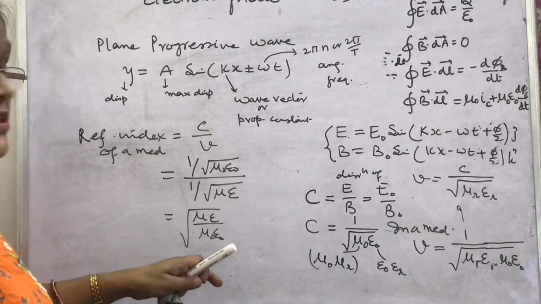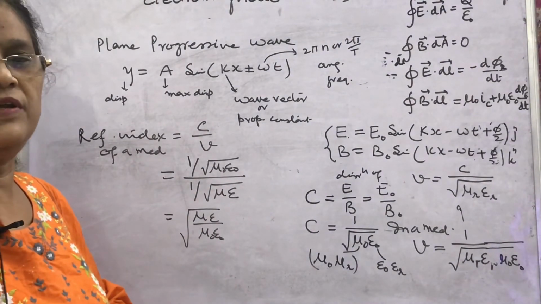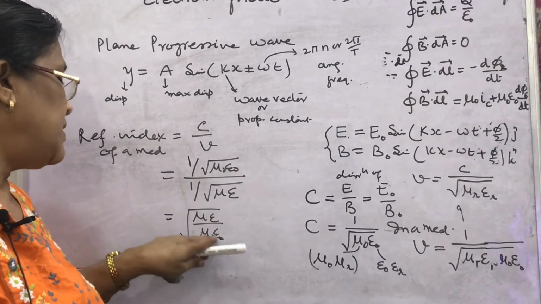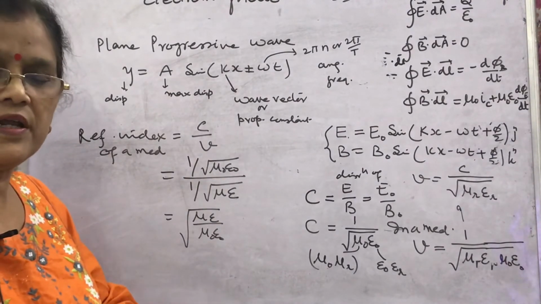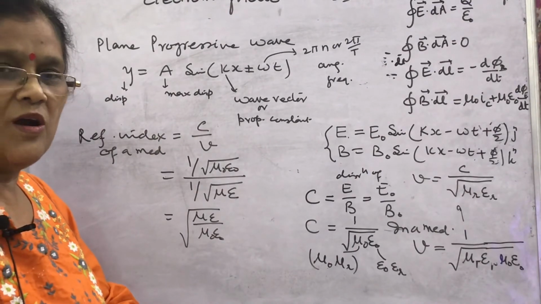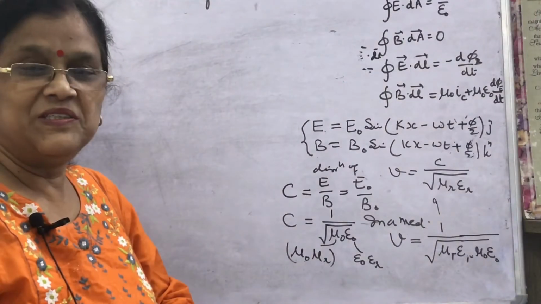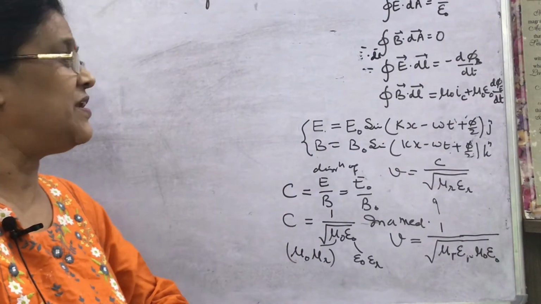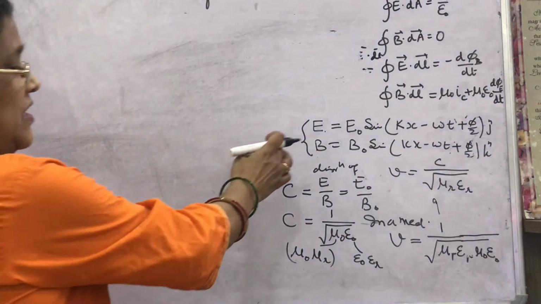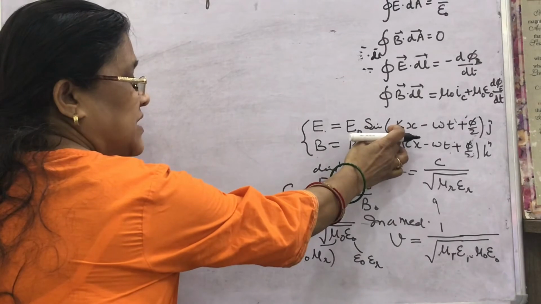In some questions, options are given. Check and write the value of refractive index in terms of absolute and relative permeability. Then in this way, you have to select the correct option for how the refractive index is given. Now, what is the speed of EM waves? How is this formula given? We have seen electric field and magnetic field. This is the propagation constant k.